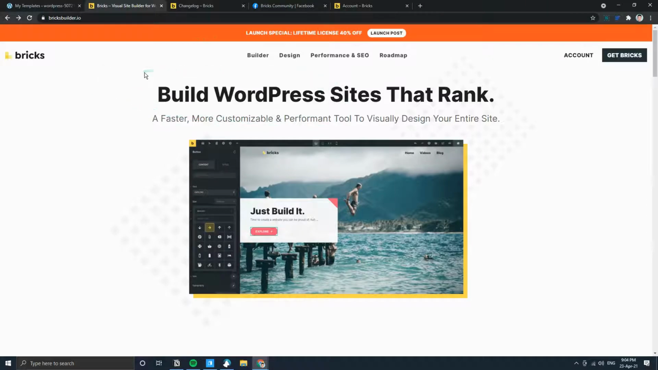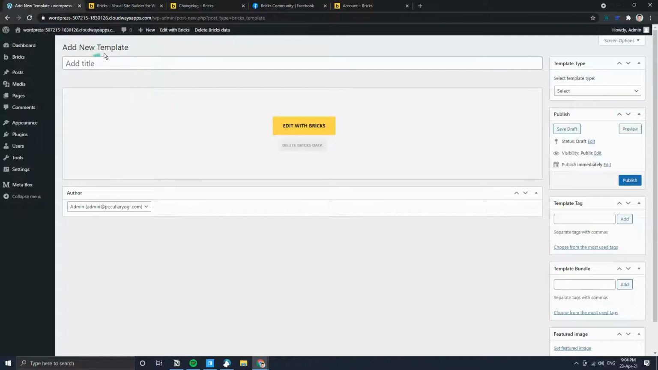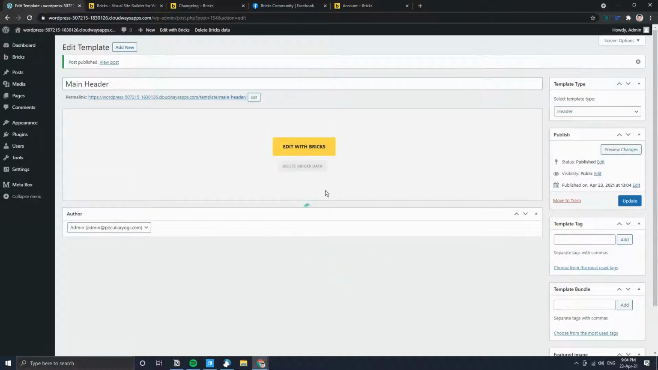Okay, so all this can be done out of the box without any additional plugins. You want to come into here and create a new template. I'm going to call it main header. Select template type header, publish it, and then you're going to see how quickly the Bricks builder loads in